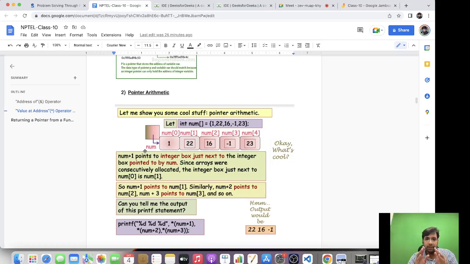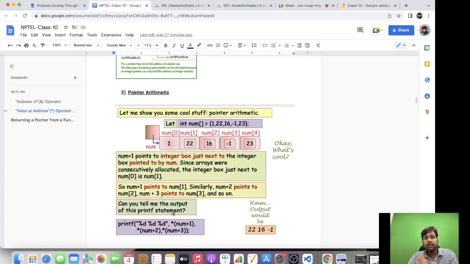So in this case, the base address is, let's say, number 0 is at 5000. Let's say we try to dereference num plus 2, that means 5000 plus 2 into, this is an integer array, right? So 2 into 4, that means 8. So it will go to 5008, and in this location you will get the value 16. So star means you will go to this memory location and fetch the value in this particular memory location. That's how we calculate